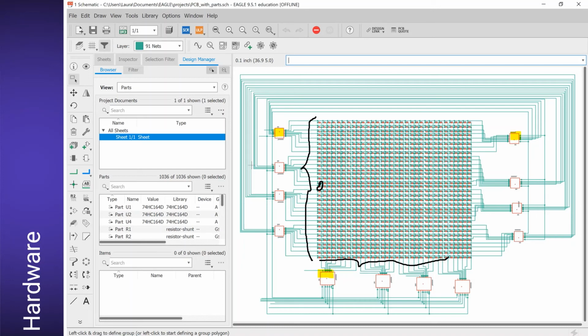Down here, we have ADCs, analog to digital converters, that will convert the current read from each column into a digital value that will eventually be transmitted to the microcontroller and then back to the algorithm.